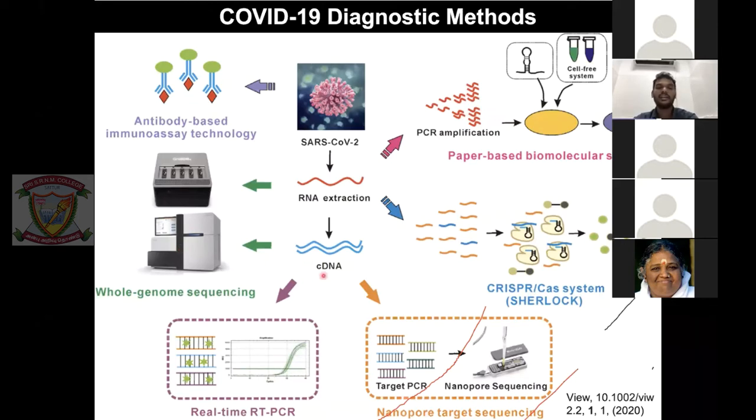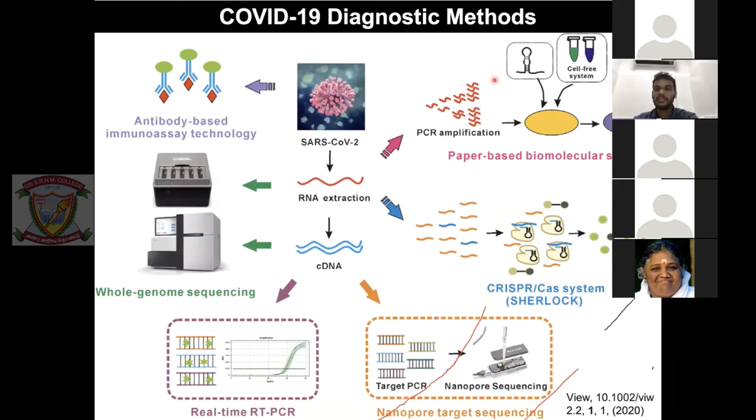And there's something called the real-time RT-PCR. That is commercially being used by many countries, and that's been quite positive and useful in identifying several cases. Of course, there are issues. I'm not saying it's perfect, but definitely that is the more reliable technology we have currently. And then there's something called nanopore target sequencing technology, and this has been developed based on RT-PCR using the cDNA again. And there's a cool technology called ShareLab. I'm going to explain what ShareLab technology is as well. Where you take the RNA and you can identify if there is any code. This is one of the most sensitive techniques actually, but it's quite expensive. So that's what people are worried about, commercializing it. People are still working on it anyway.